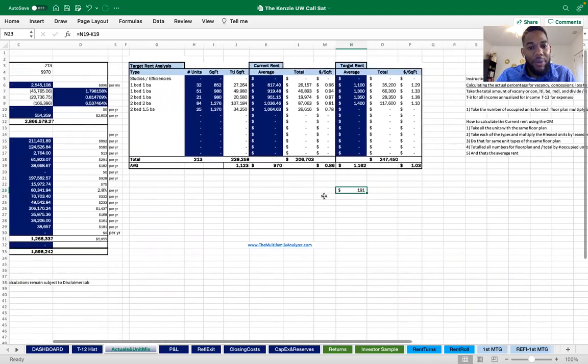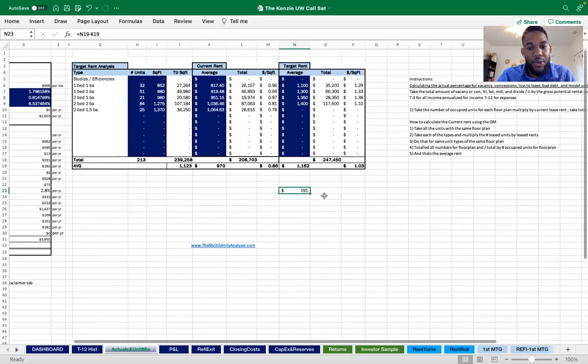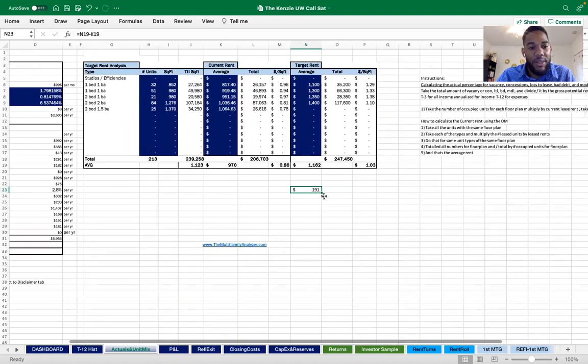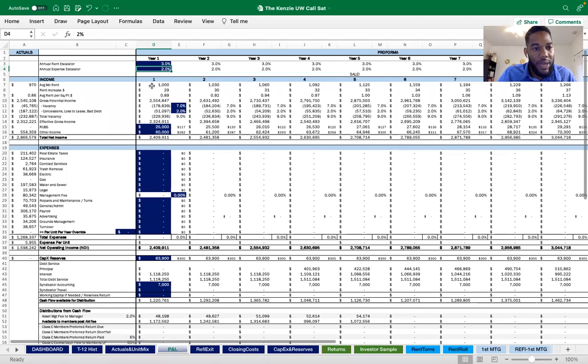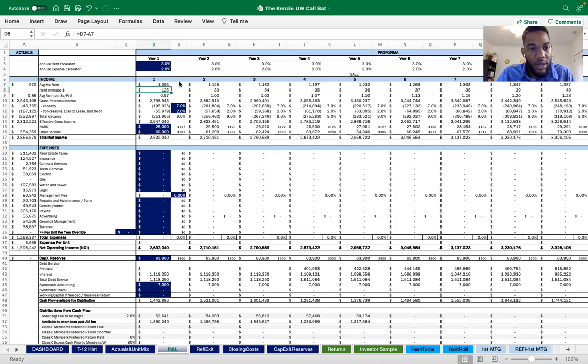So I would lean more towards 2 years on this property, just because they said they renovated about 60% of the units on the property already, and we have about 40% left. So why don't we just use 2 years, just for the purpose of the underwriting session. So that would be $95.50 a year. So we'll go ahead and add this as a market premium in years 1 and 2.